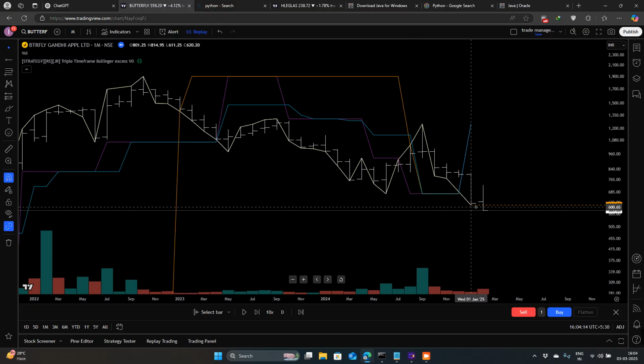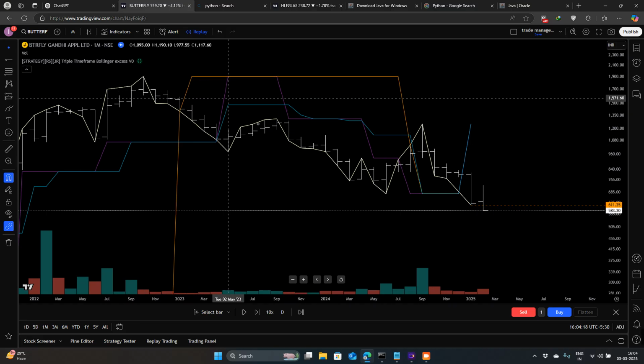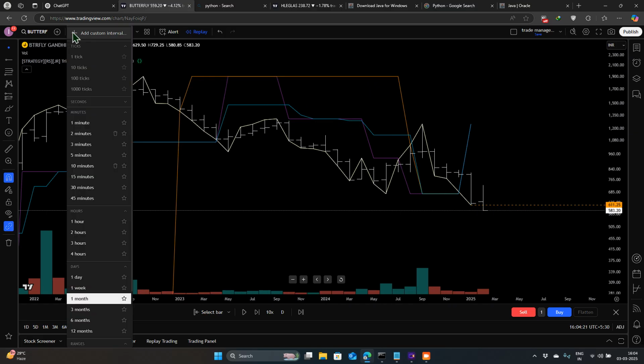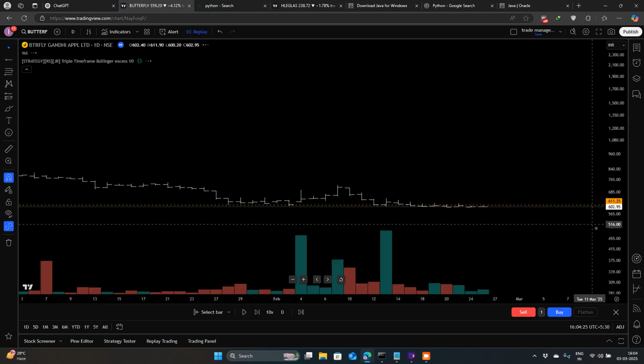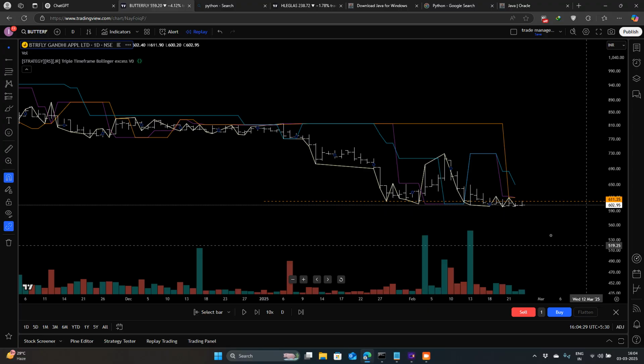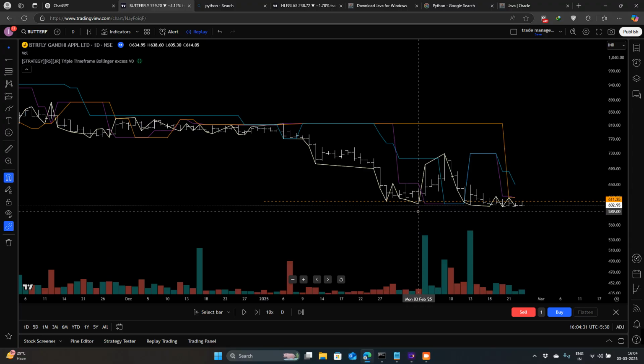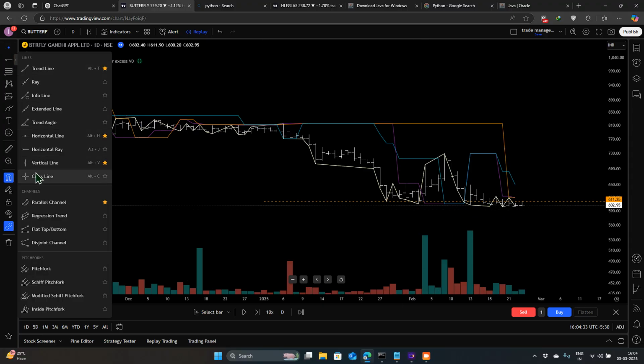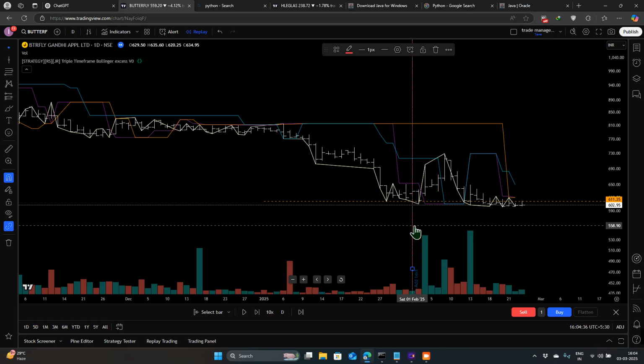1, 1, 2, 3, and right here on 1 month the time went negative, and we want all the elements, all the traders, or at least where we think the traders are, to be negative, you know. So this is how it happened. That is why I have drawn a line right here. All the above time frames are negative, and we can backtest our strategies.